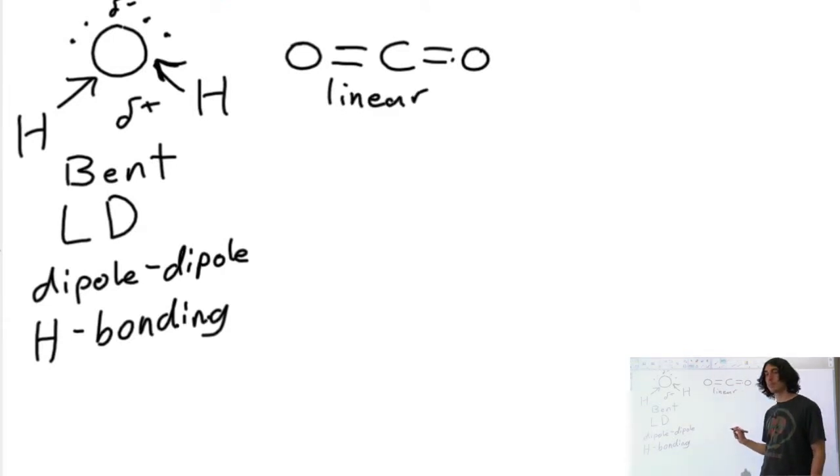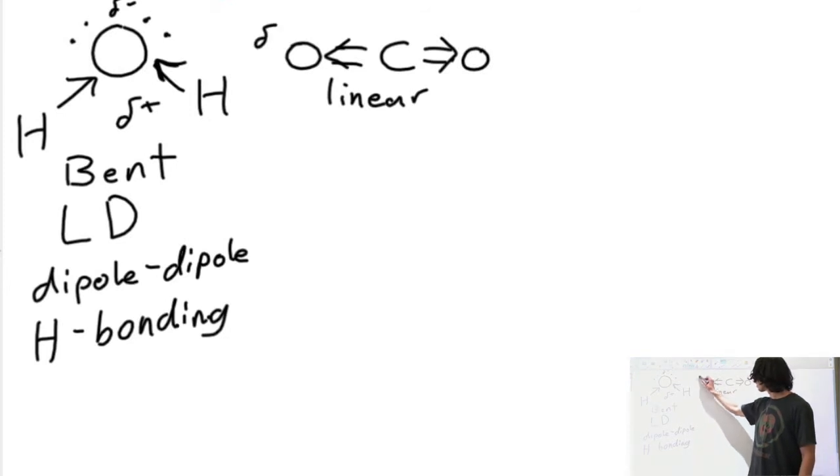Be completely linear. The electronegativity rules still apply. Oxygen is more electronegative. If we go up and to the right on the periodic table, where fluorine is the most electronegative, oxygen is very close, more so than carbon. And so we do get these partial negative regions